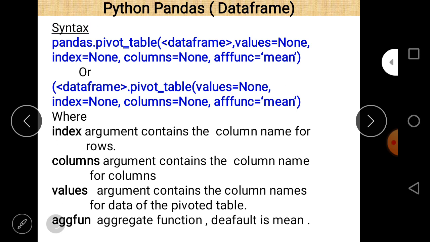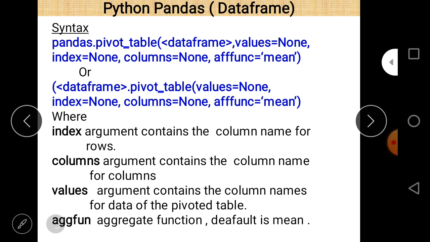Most of the cases we took the data frame name df, and then values, and then index, and then columns, and then aggfunc. It is actually aggregate function here. So by default it is mean, that's why mean is given here.